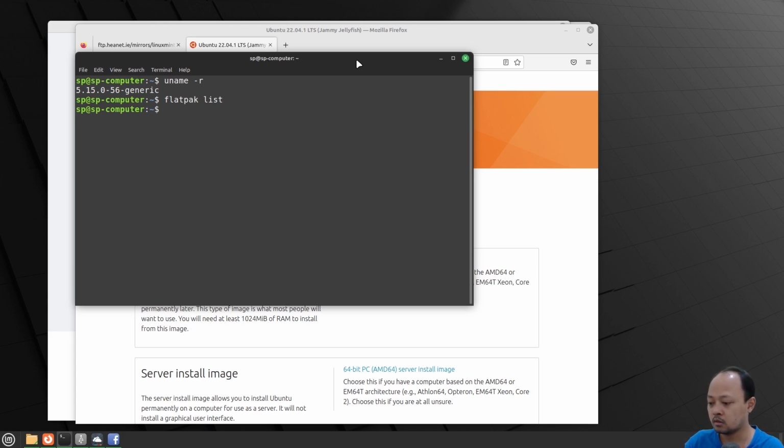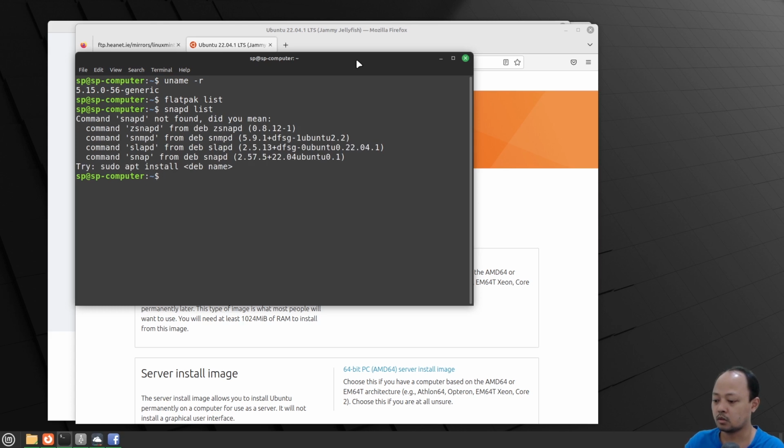And then snap list. Snap command is not found. If we do, where is snapd? Snapd doesn't even exist on the system, so snaps are not here at all in Linux Mint.